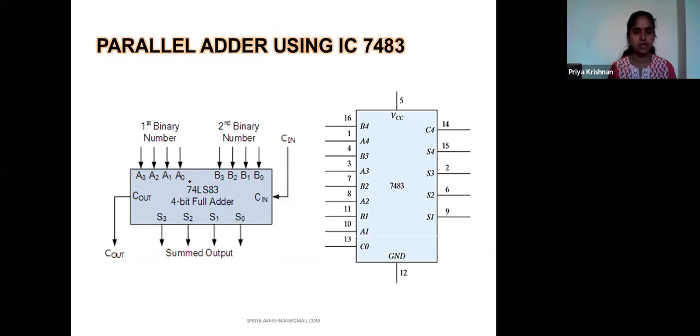So we have A set of input, B set of input. Just take the IC, connect VCC and ground, and give some set of inputs, 1, 0, whatever you like, connect it there, and connect it similarly for the B set of inputs. And again, you can see the addition of those two inputs, A and B.